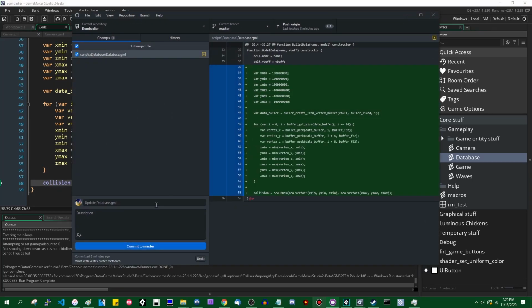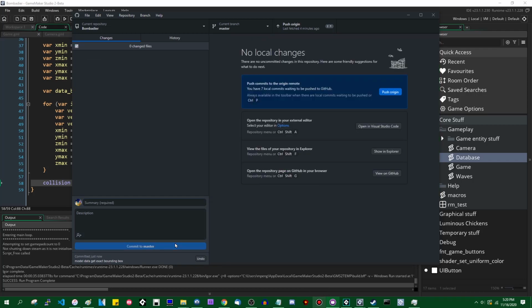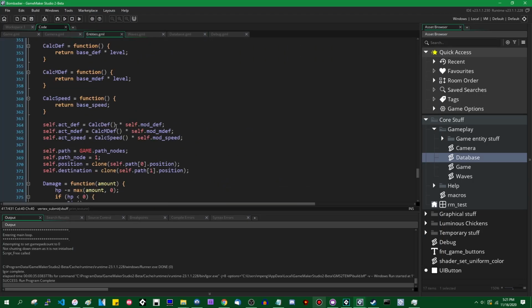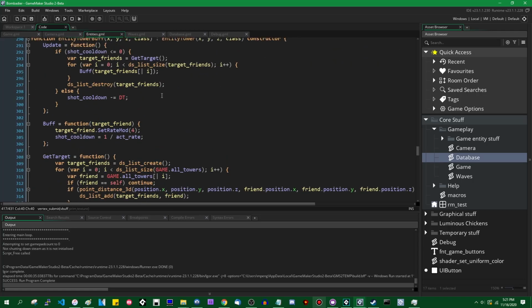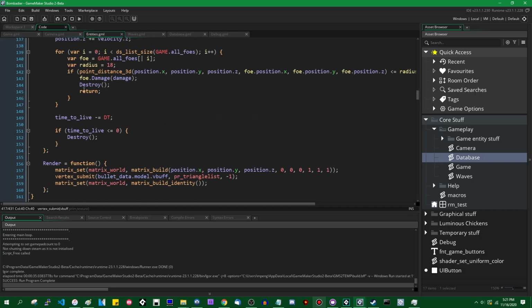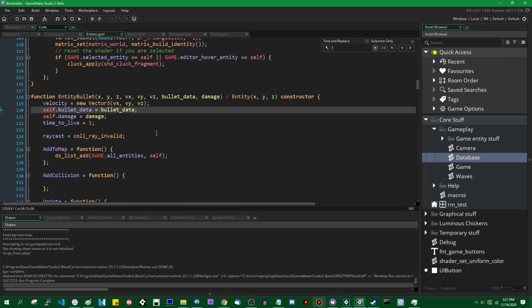Instead, I will commit to calculating the exact bounding box of each of these things. And now we can just use that when it comes to adding things to the collision grid, and I should probably just